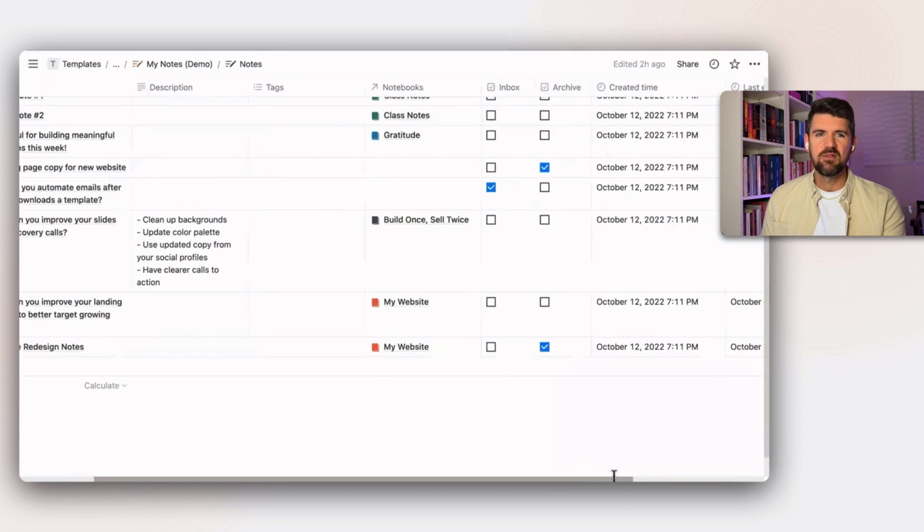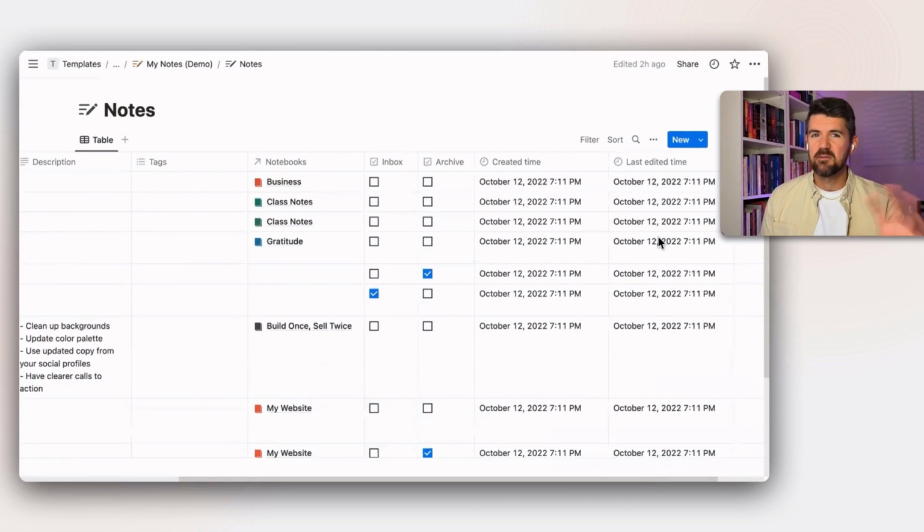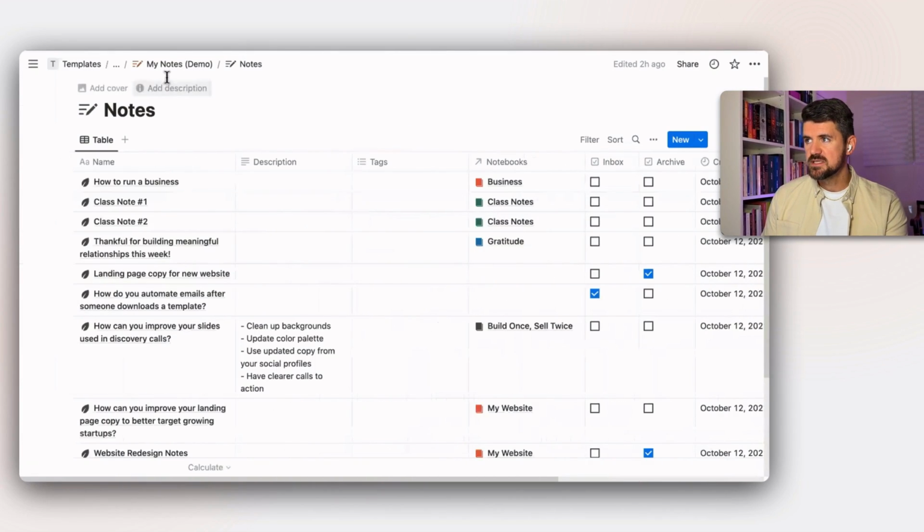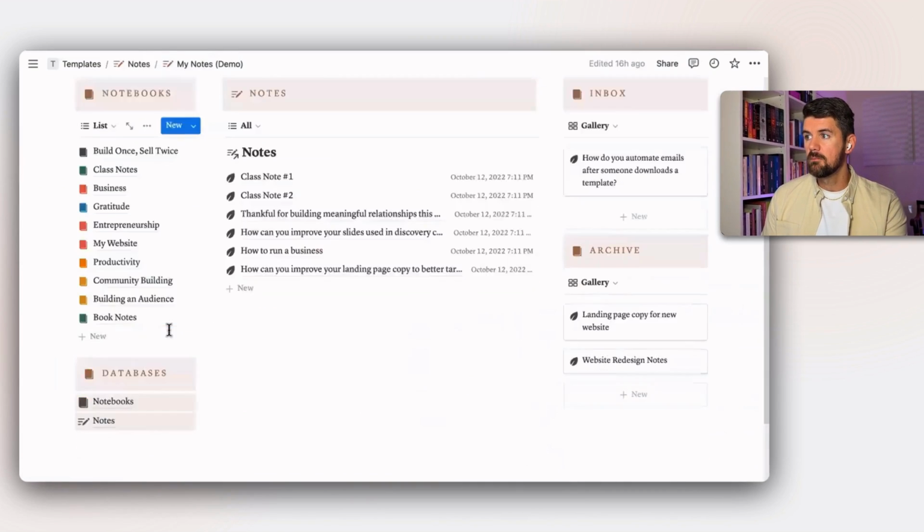Anywhere that you could avoid manual entry is a big one, and there's a lot of opportunities within Notion to avoid that with templates and with filtered views. So that's essentially it for the notes database. If we jump into the notebooks,